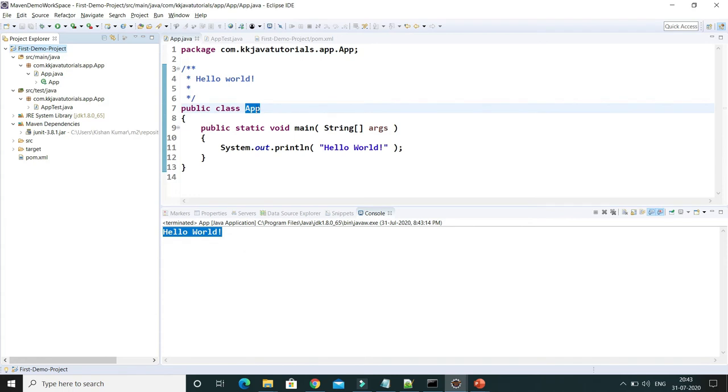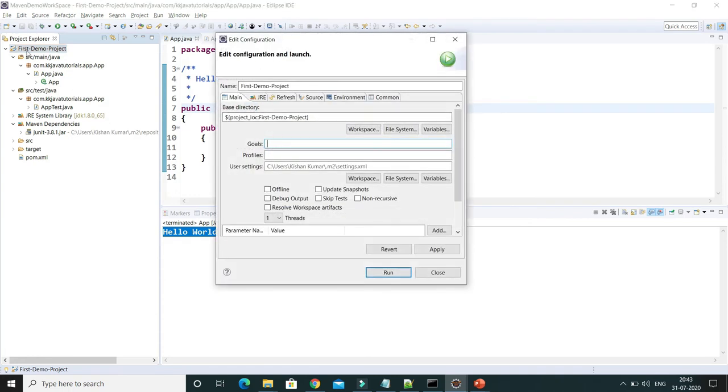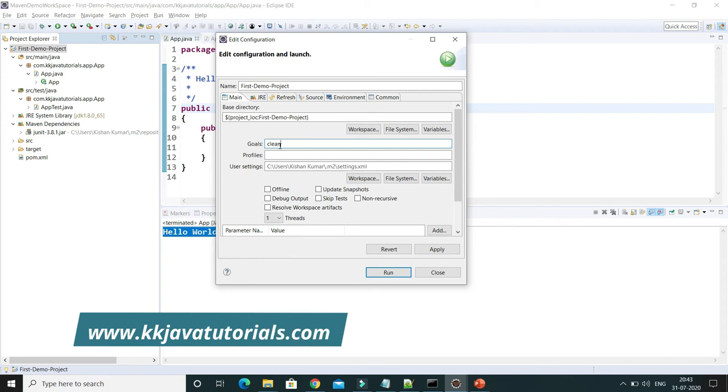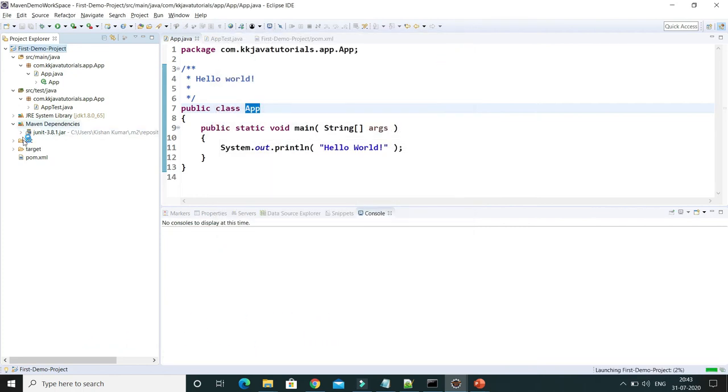Click over here, and here you can see the target directory. One of the lifecycles is clean. This is the same as writing mvn clean on the command prompt. If I run the clean lifecycle command, apply and OK, then it is going to delete our target directory.